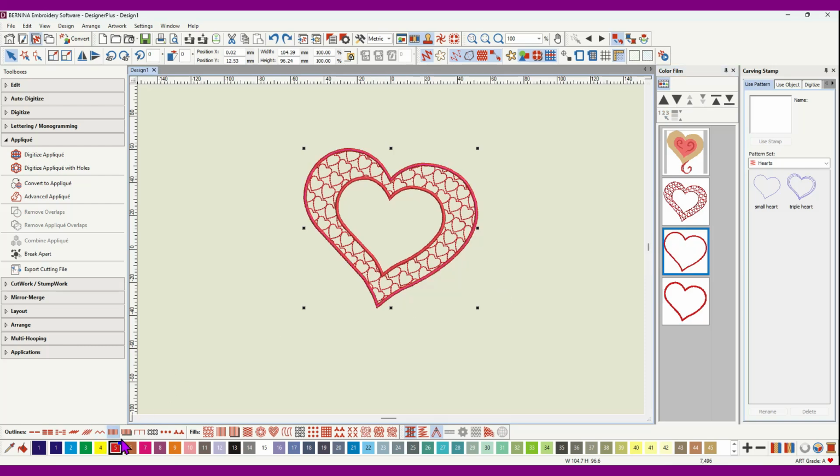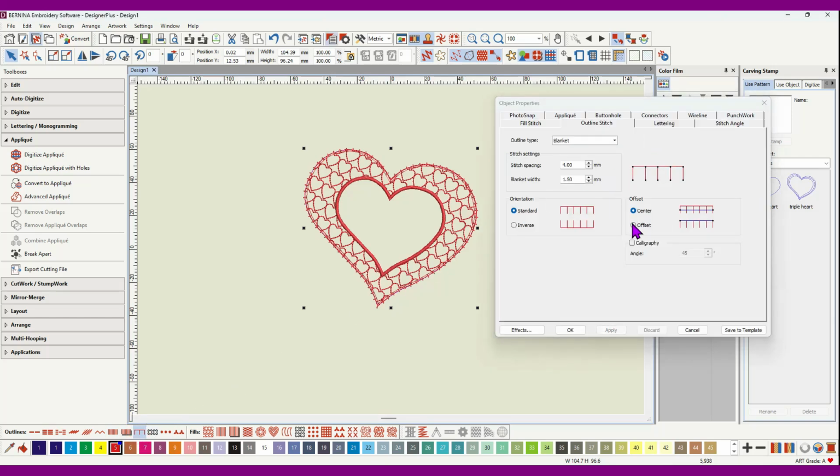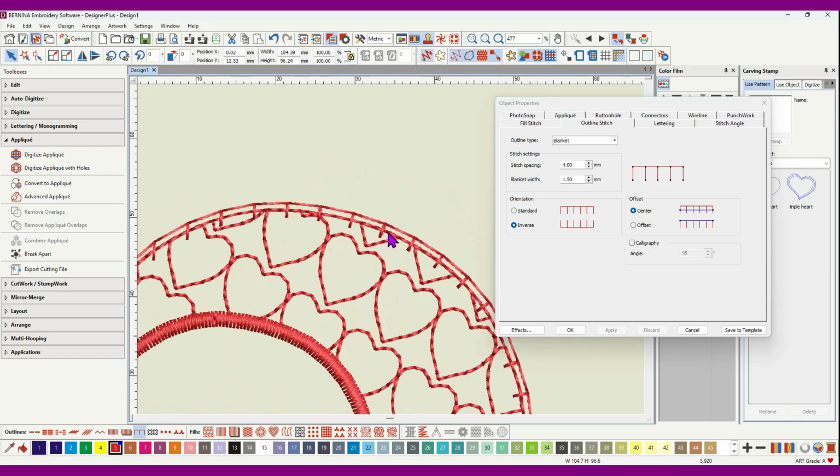So I could change that outline to a blanket stitch, and it's facing the wrong way, so I would go to the object properties and inverse it and apply, and I need to offset it as well because it doesn't look very nice jutted out there,